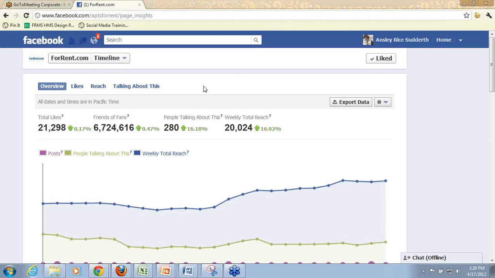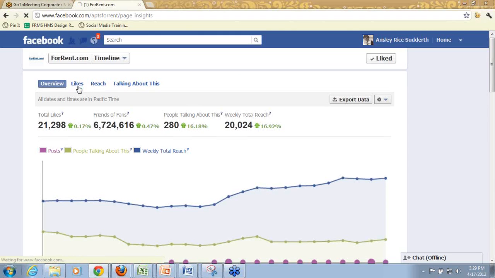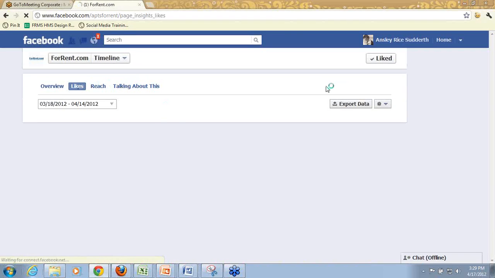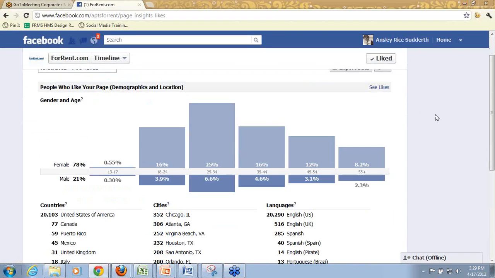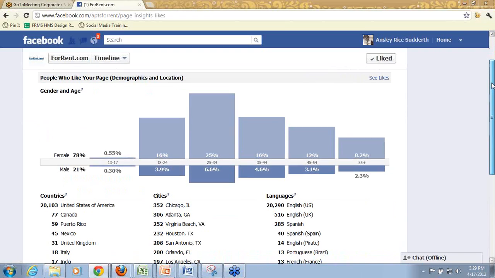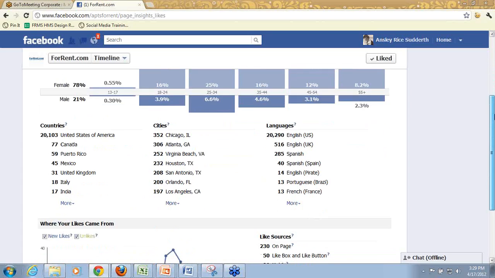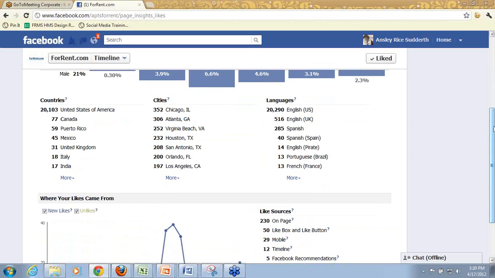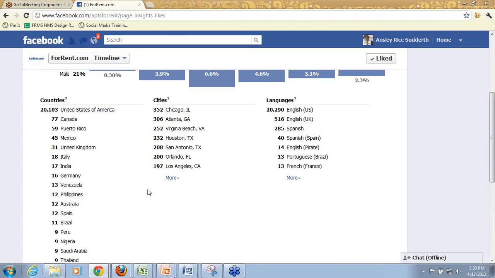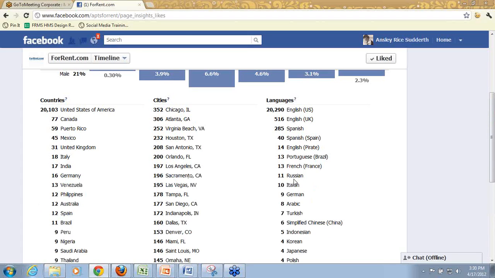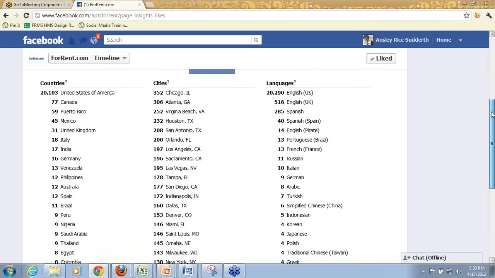So the next thing we'll talk about is the demographics. Again, there's 3 ways you can view your demographics. In addition to seeing what gender and what age group your demographic is, you can also see what countries they live in, the city that they live in, as well as the language that they speak. So you can even expand this because you'll notice, depending on the number of people who like your page, the actual number of countries, cities, and languages they speak grow with the like